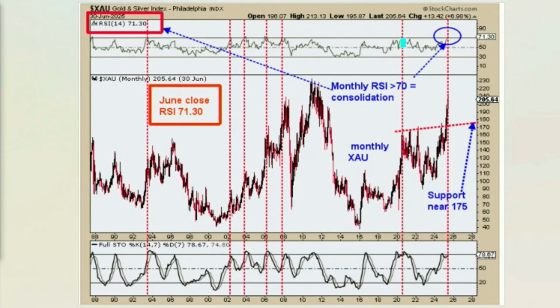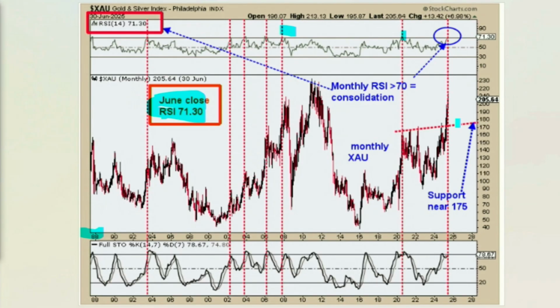I put this at the June close. Just want to make a point there. We did close at 71.30 on the RSI on the XAU. This chart goes back to 1988, a long way back. And those red lines here